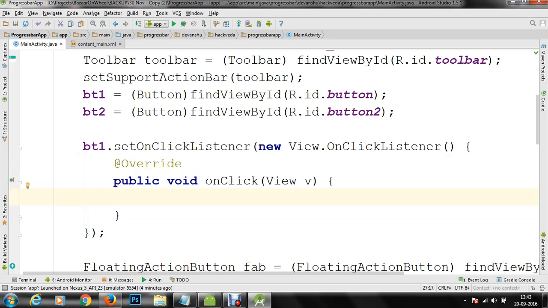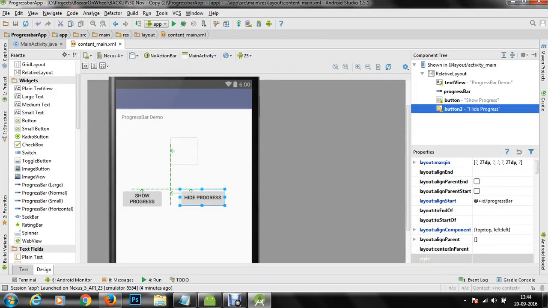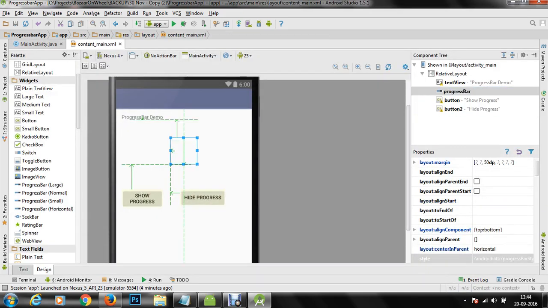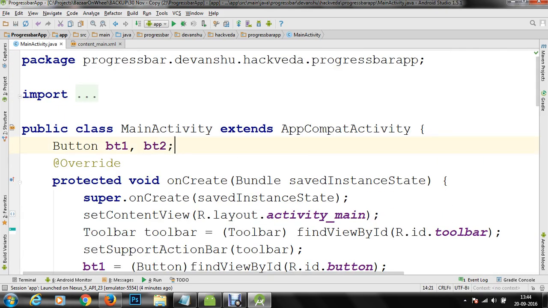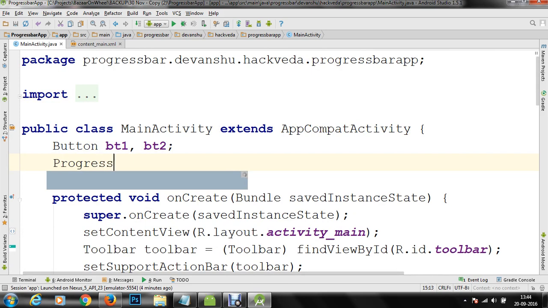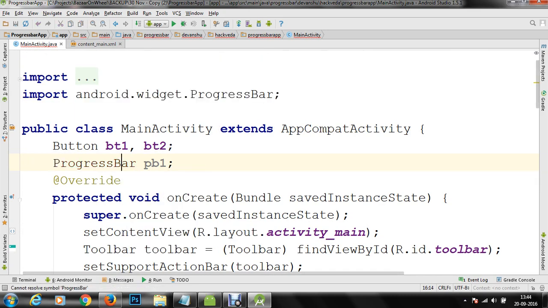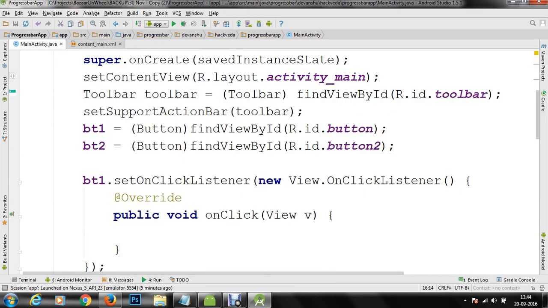Here we need to refer the progress bar as well within our application. So I'm going to check the ID of the progress bar, and that is progress bar. We are going to create an object of ProgressBar, and let's call it PB1. We are going to Alt+Enter, and we are going to import the progress bar. We are going to refer the progress bar here.